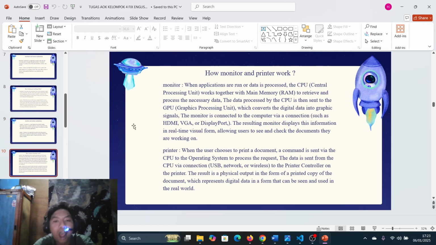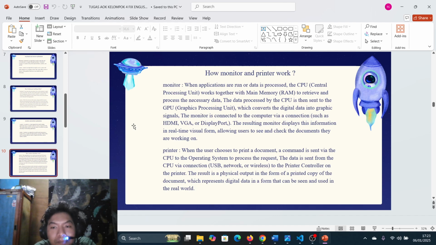Next, I will explain about how monitor and printer work. Monitor. When applications are run or data is processed, the CPU, or central processing unit, works together with main memory, or RAM, to retrieve and process the necessary data.